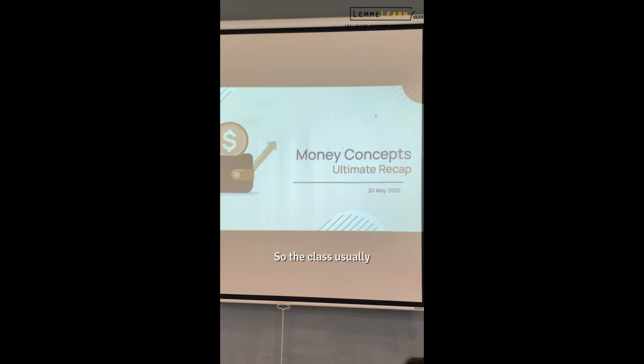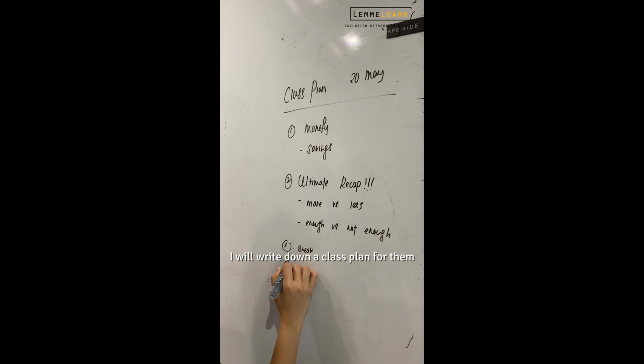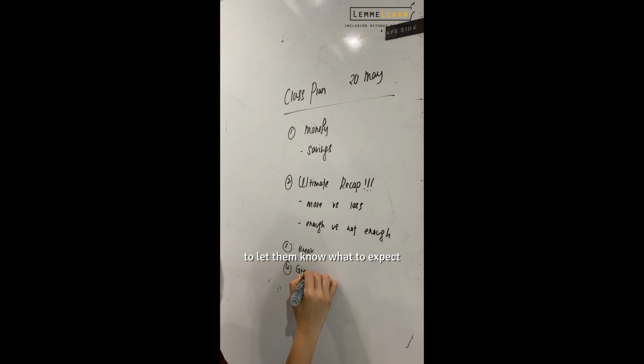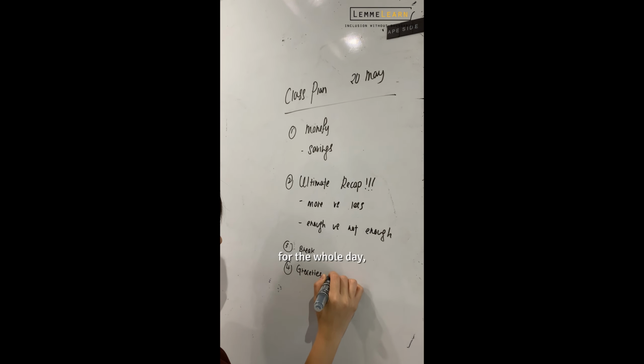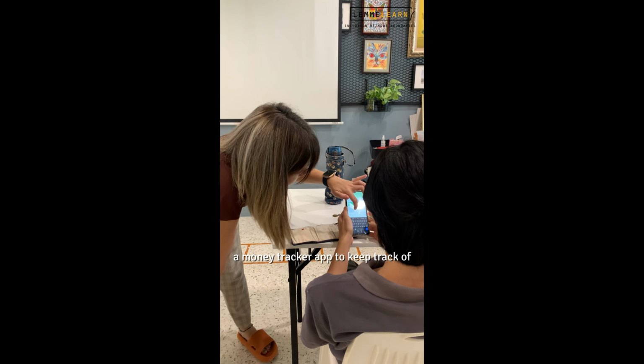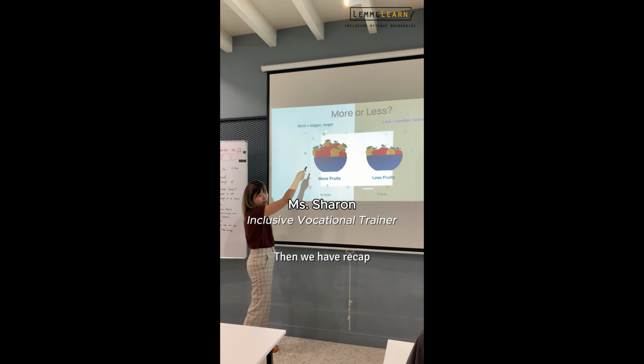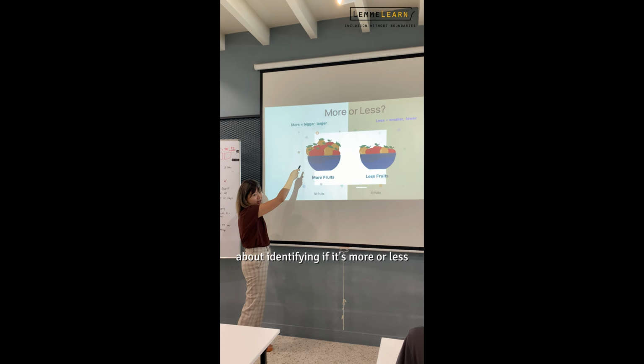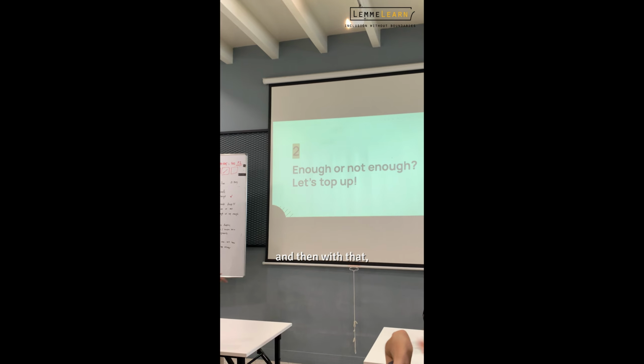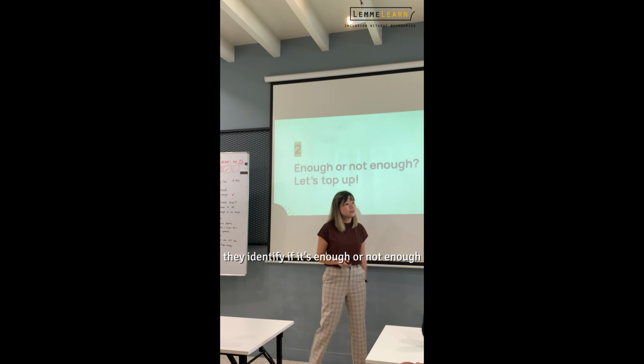In the class, usually I will write down a class plan for them to let them know what to expect for the whole day, and we do Money 5, a money tracker app to keep track of where their money goes. And then we have a recap about identifying if it's more or less, and then with that they identify if it's